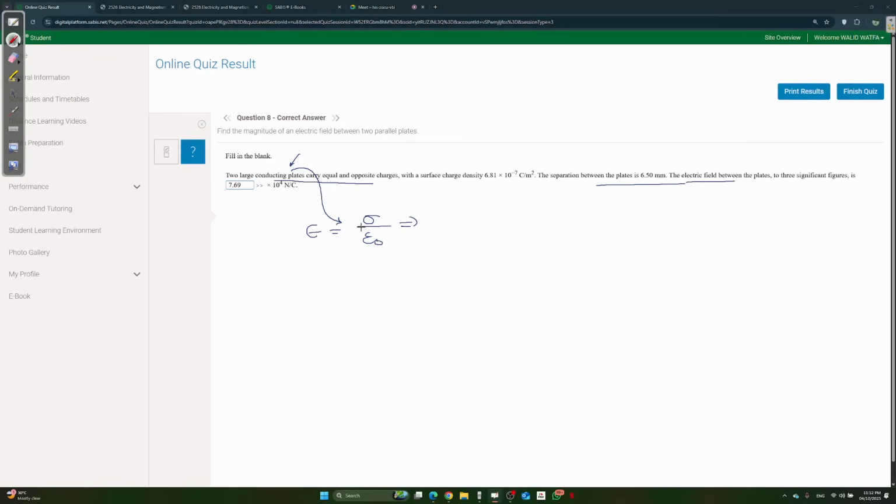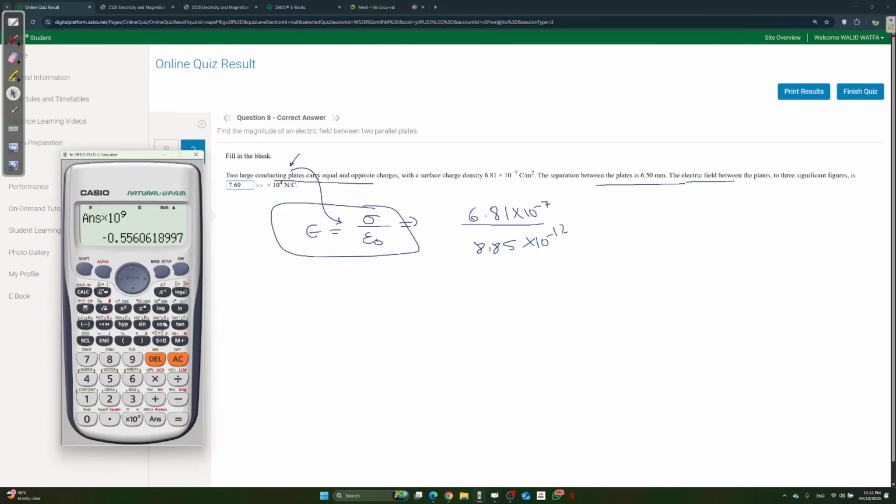I told you, two large conducting plates. It was question 1. You use this formula. All right, so sigma is how much? 6.81 times 10 to the minus 7 over epsilon node, 8.85 times 10 to the minus 12. So it's going to be 6.81 times 10 to the minus 7 over 8.85 times 10 to the minus 12. You get this. So to 4 significant figures, it's